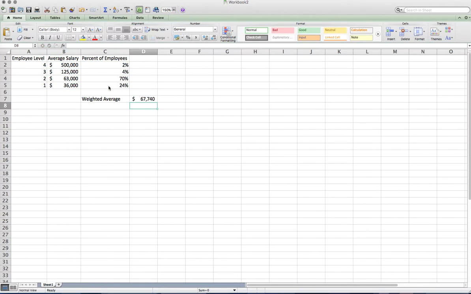And we should get that exact same answer that we did before, the $67,740 as your weighted average. So this is the exact same thing. It takes out the need for that multiply column, so it's maybe a little bit of a shortcut, but you just want to make sure that you're really careful in selecting your cells so that you don't select something that's